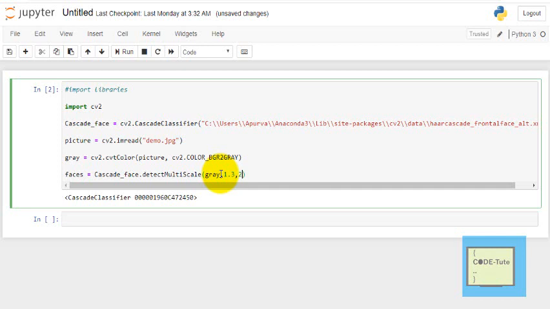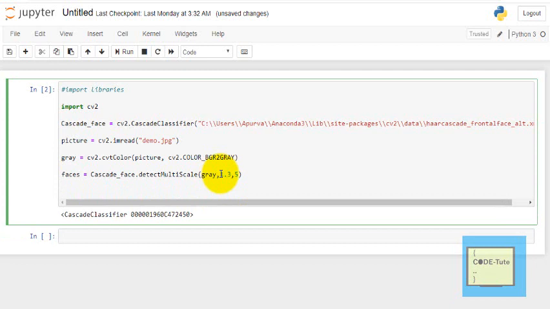So you have to play with this number. I will set it to 5, which is an ideal number. The neighbor count plays the role of quality. If you increase the minimum neighbors, it will find fewer but more accurate faces in the image, instead of giving false detections.